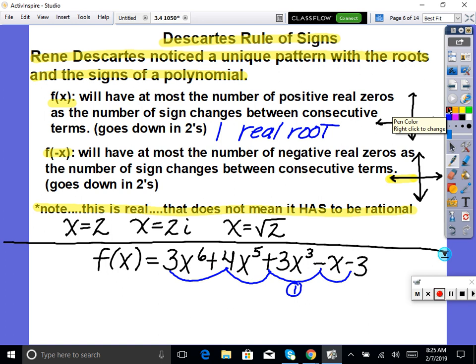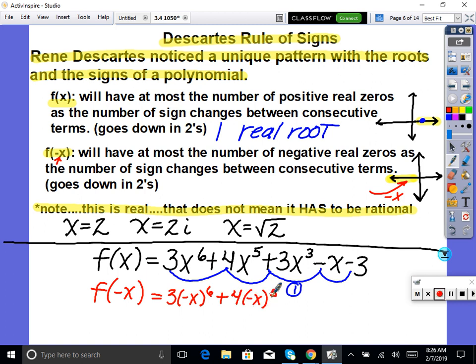Okay, so now how do we know how many times it crosses the negative x-axis? We just did positive. The original polynomial is testing positive real roots. Now, if we want to know how many times it crosses in the negative x-axis, the negative real roots, what we have to do is take our function and plug in negative x, which makes sense. Look, we're testing negative x's. We plug in negative x, and then we simplify it down, and it will be the same rule. We will have at most the number of sign changes between consecutive terms. So to test negative, I'll take the function f, plug in negative x, and simplify. So that'd be 3 times negative x to the 6 plus 4 times negative x